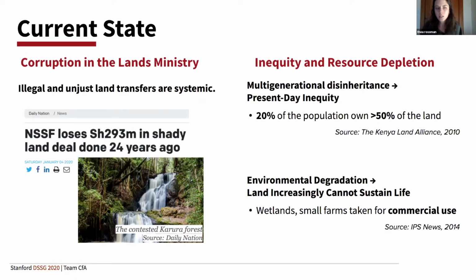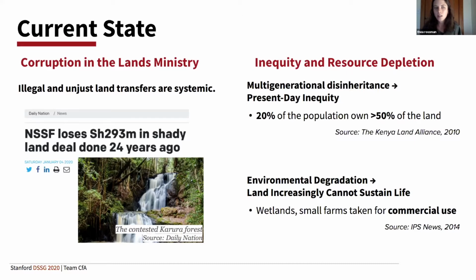So on the left here is an article that CfA journalists helped to research this year. They helped to make possible a court case to investigate a land deal that happened in 1996, in which a few land ministry officials allocated a tract of government trust land to a private shell corporation, which then sold that land back to the government trust.